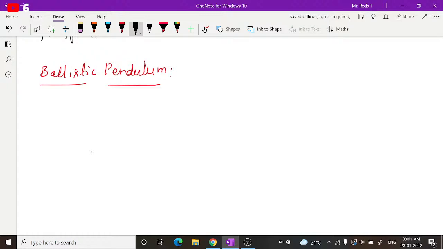A wooden block will be attached in case of a ballistic pendulum. We will consider the length of the string as l. Now the ballistic pendulum consists of a combination of this wooden pendulum plus bullet together, which will be called the ballistic pendulum case here. So if a bullet of mass m is fired horizontally onto the block with velocity u, then